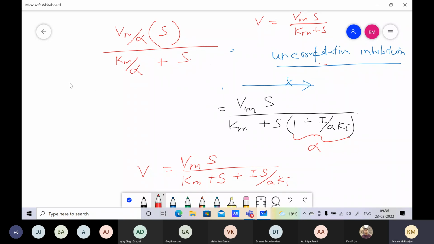And so we have both Vm apparent equal to,